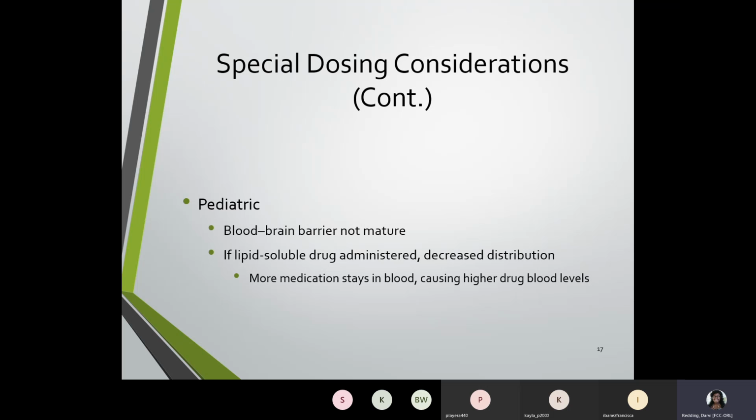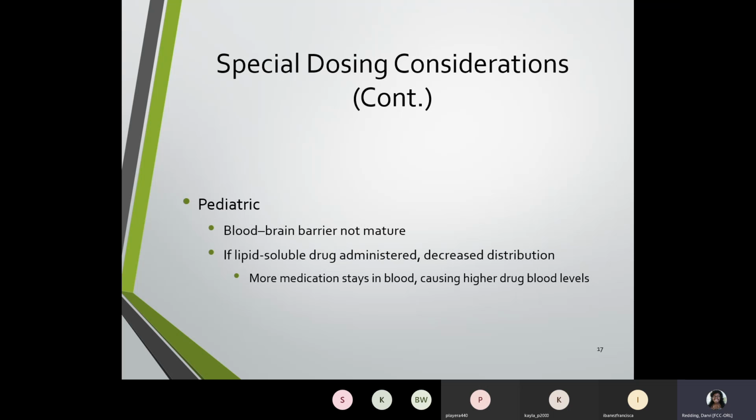So with pediatric, some special dosing considerations to be mindful of is the patient's blood-brain barrier, because it might not be mature. Now, if the drug is lipid soluble, which is being administered, it might decrease the distribution. And so more medication might stay in the blood, and this could cause higher drug blood levels. So it's always important when dealing with pediatrics that everything, especially when it's parenteral, is always double checked, or like I like to say, triple checked, to make sure that it's the correct thing that's being